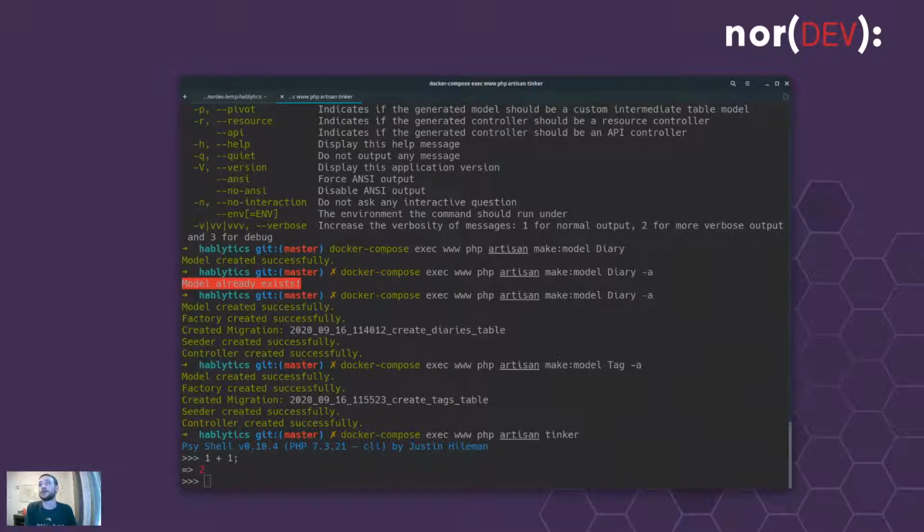In Laravel 8, I think they're moving so that you would need to call this on the model class, but it looks like we're still good. We can still use a factory helper. So, if we call the factory helper and pass it our diary class,